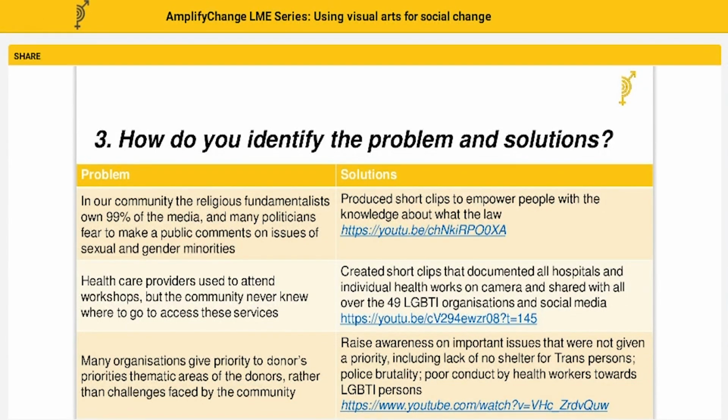Because by creating short clips and documenting these individuals from all these different hospitals, you're putting them on record that any LGBTI person anywhere, if he sees a face, when they go to those hospitals, they will try to look out for that individual they saw. Because one, they know this person was trained very well. Two, he knows the risks we go through, because one of the biggest challenges when LGBT persons go to access health services,